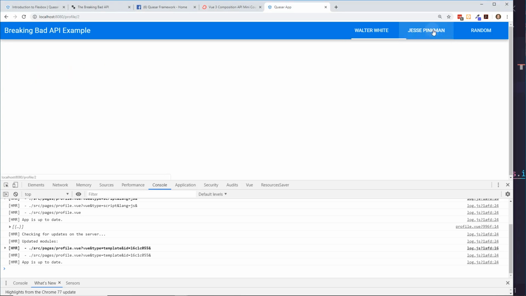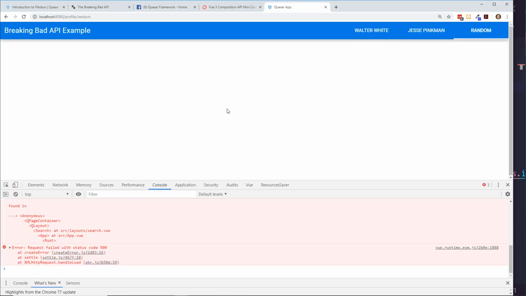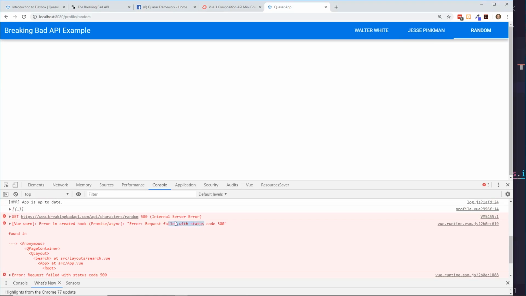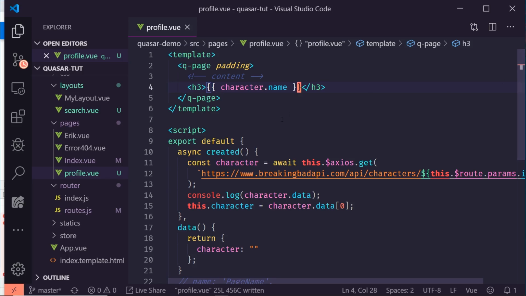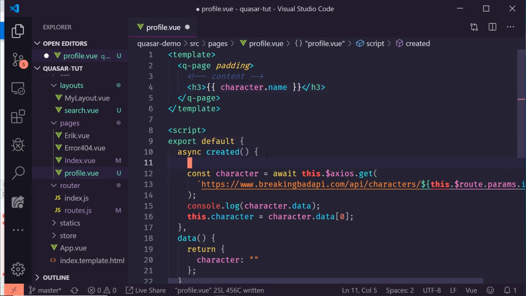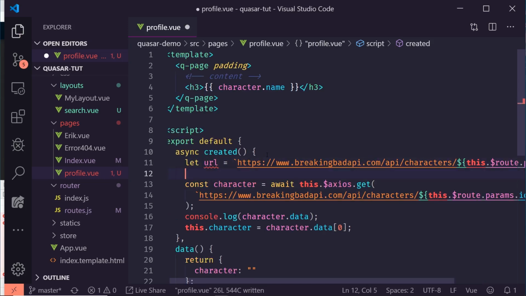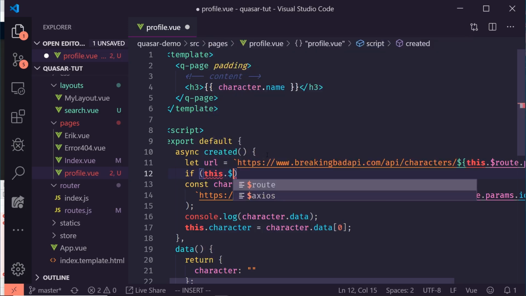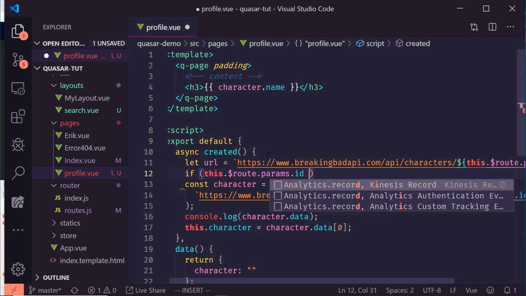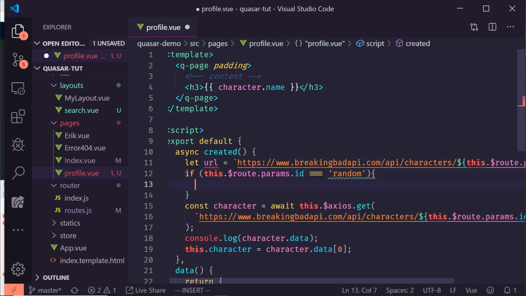Cool, so we see Walter White right here, hit Jesse Pinkman, if I hit random, we get an error because this API is slightly different. It's actually character, not characters. So, a hokey way of doing this is we can make our URL dynamic. I can do let URL equals this. However, we could say if this.route.params.id equals random, then the URL,